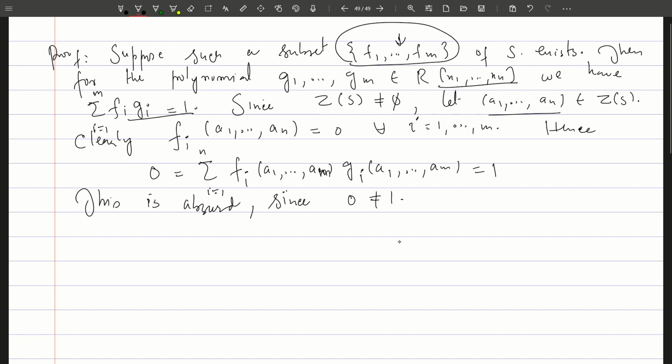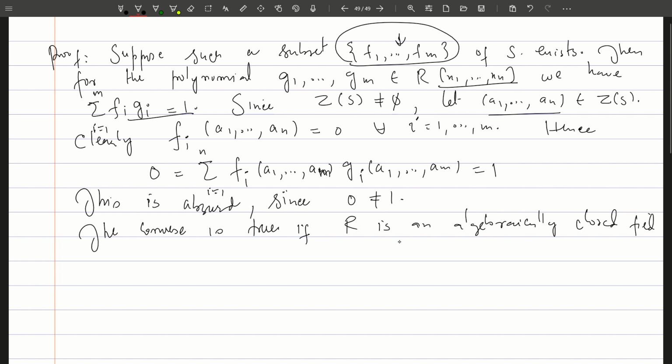So the converse is true if R is an algebraically closed field,